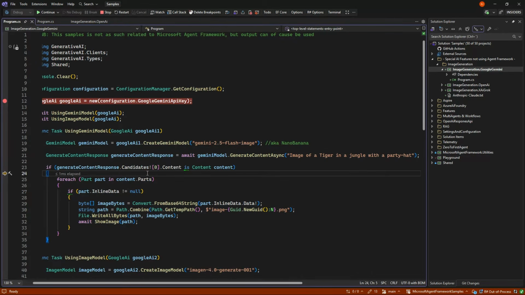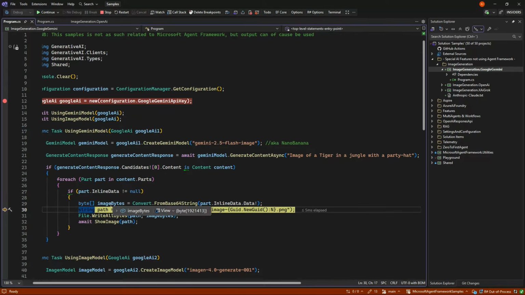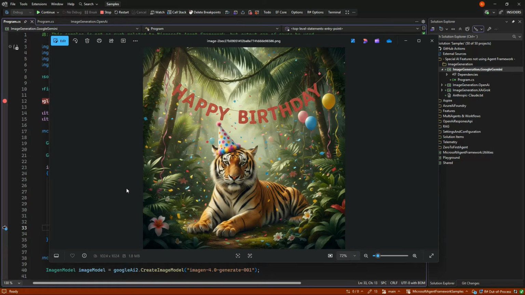So what we do is we go in and grab the first candidate, and in those parts we find the one that has some inline data, which was our base64 image. So we can turn it from base64 into bytes, and we can show the image.